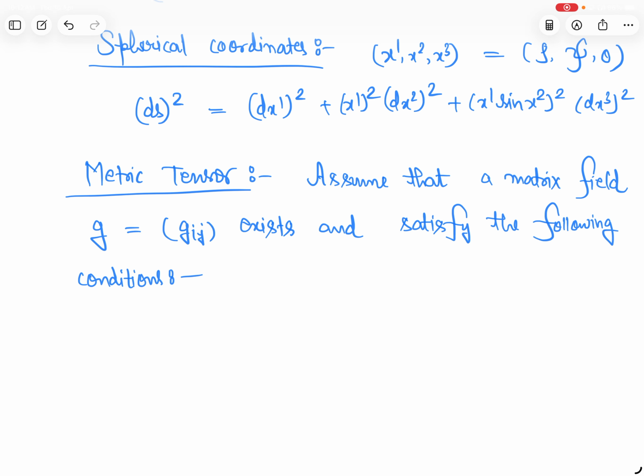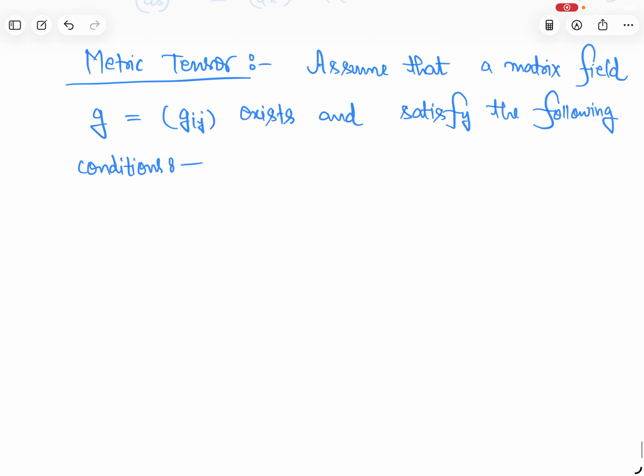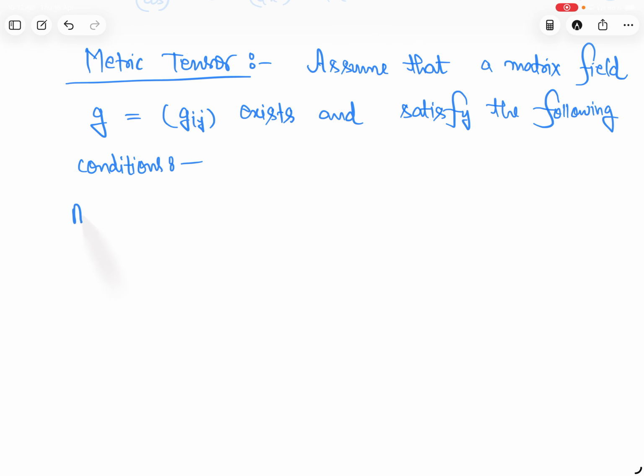What are those conditions? First, a condition is that G is of differentiability class